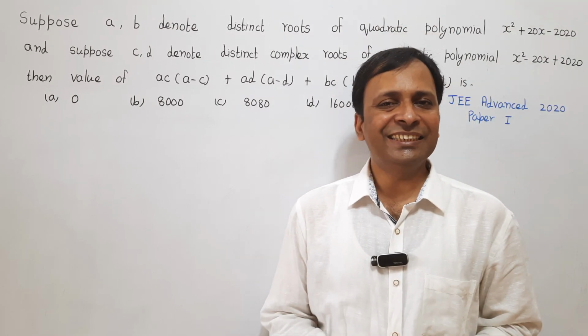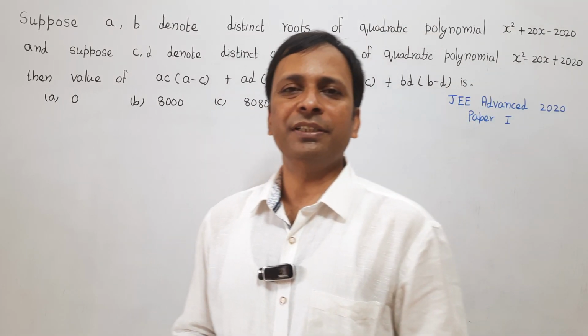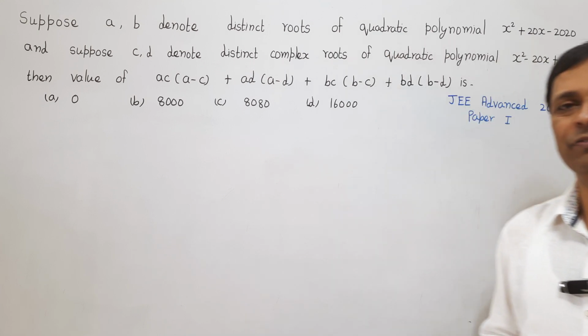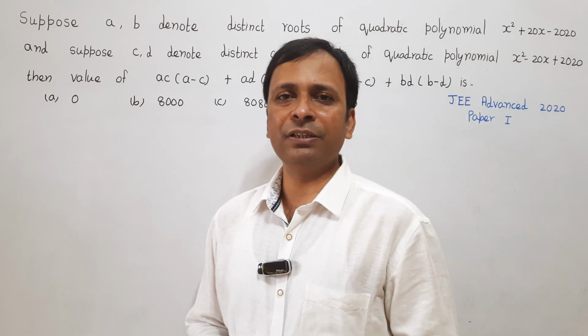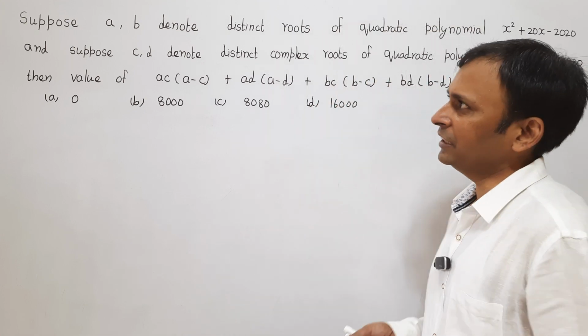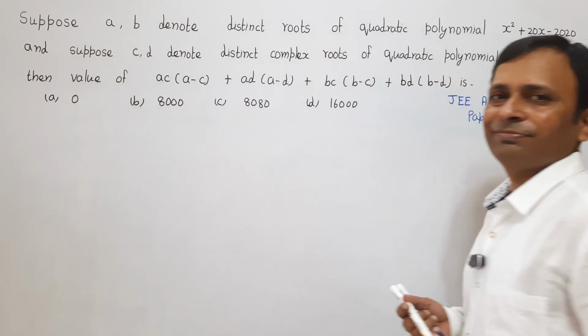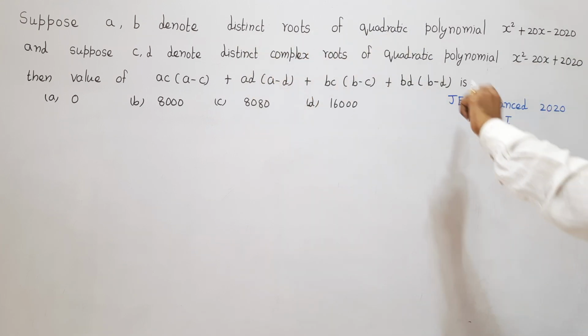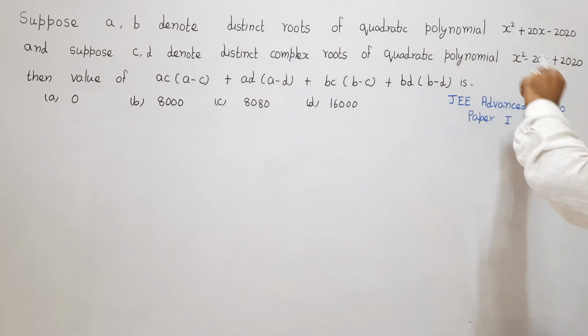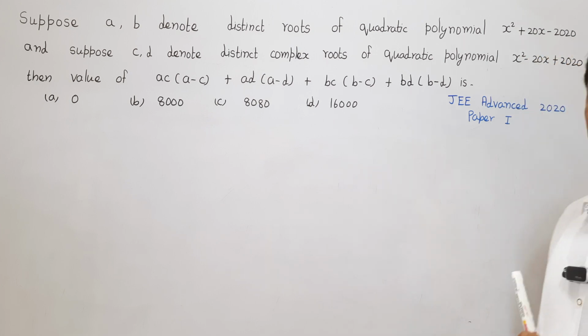Hello students, and let's take this problem from JEE Advanced 2020 paper 1, and the question is taken from the topic quadratic equation. The question says, suppose A and B denote the distinct roots of quadratic polynomial x square plus 20x minus 2020,